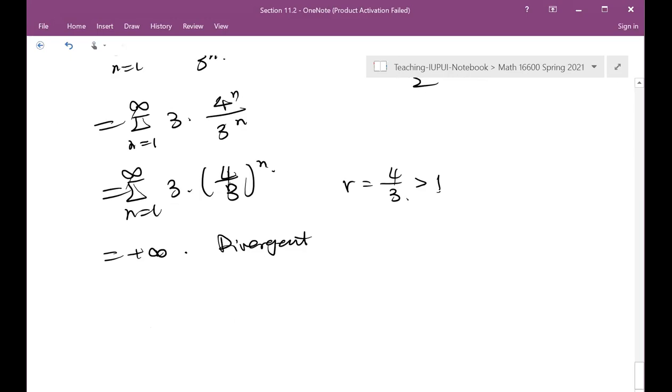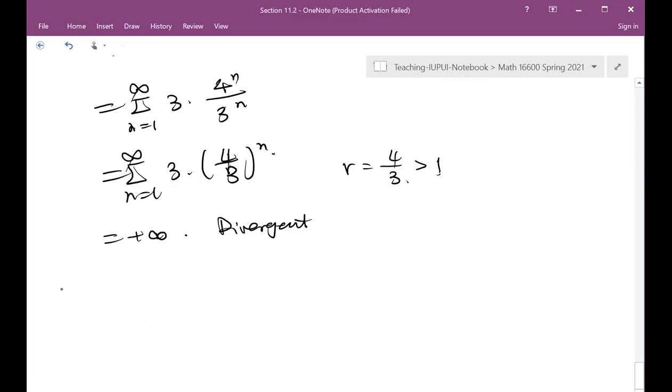And recall the theorem. If we start from capital N, and this is r to the power n,